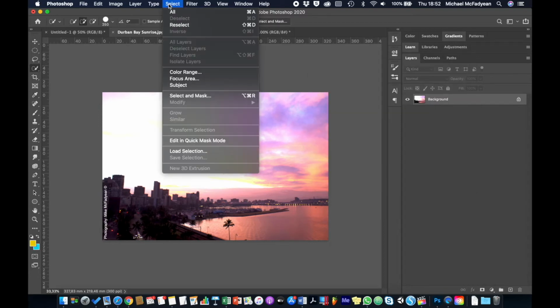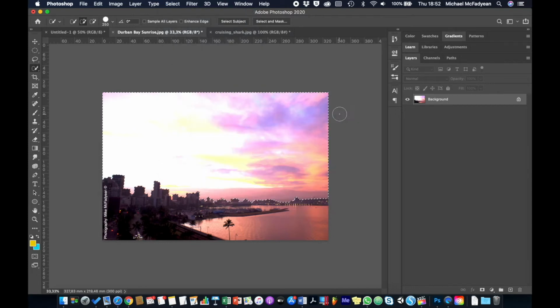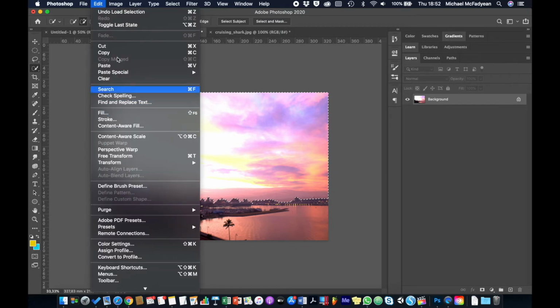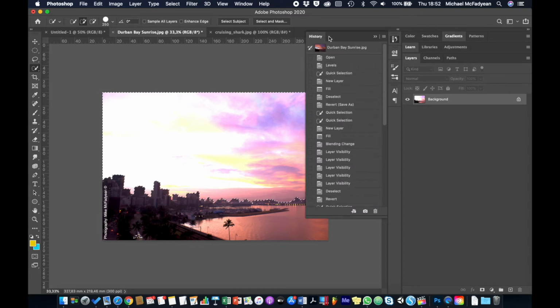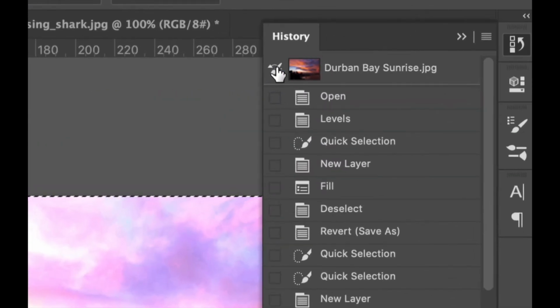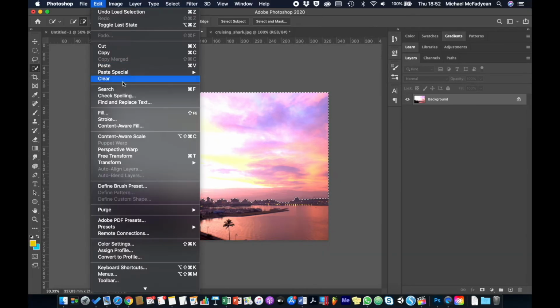So I'm going to load that selection again. Select, Load Selection, sky, OK. And I'm going to go Edit. Sorry, before I do that, I need to go to my history panel, and up the top here I need to make sure that my history source is set to the original image. And then I'm going to go Edit, Fill,